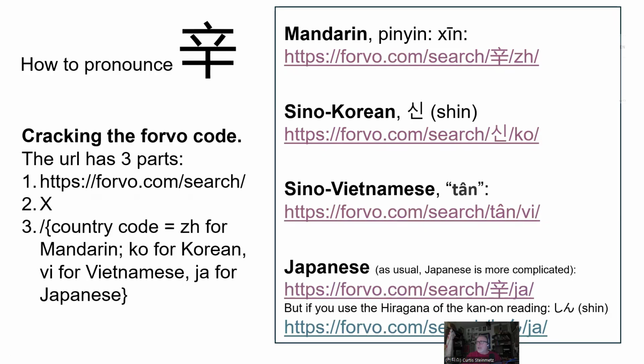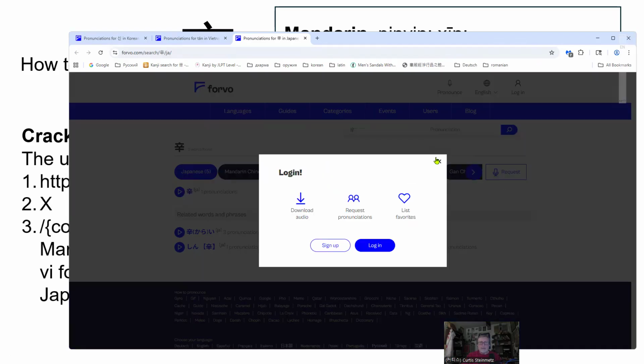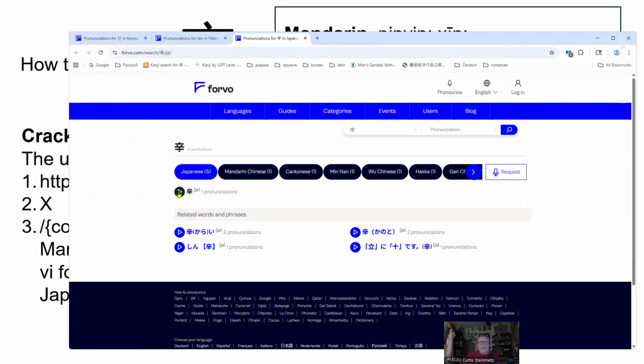And it's even more complicated than the case with the previous Hanja from yesterday. If we enter the kanji, of course it wants me to log in. If you enter the kanji, shin, karashi. I don't know where they're getting the karashi part from. And so here they are giving the